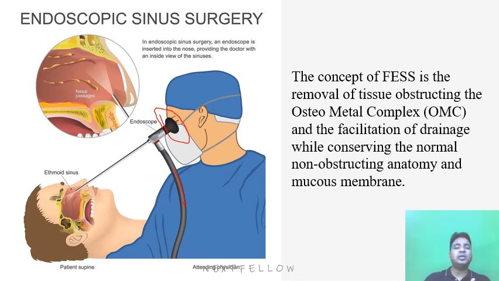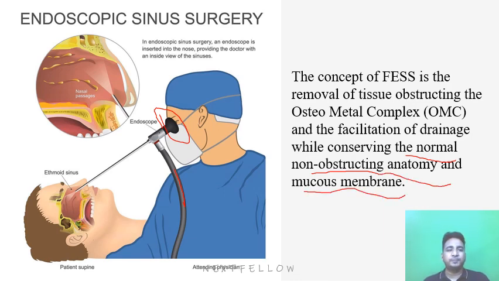We will remove the tissue from the osteomeatal complex, and we will facilitate the proper drainage and ventilation of the sinuses while conserving the normal mucosa and the normal non-obstructing anatomy